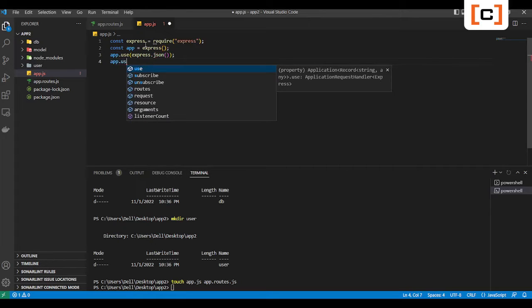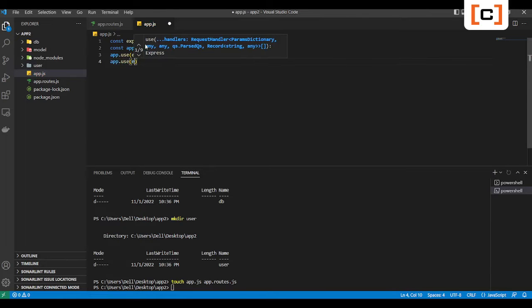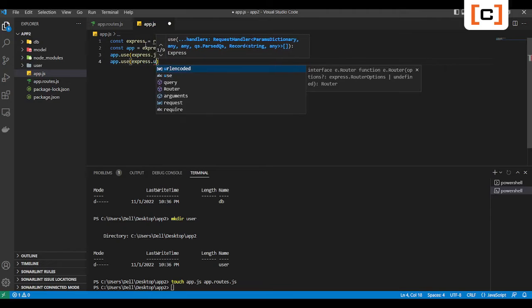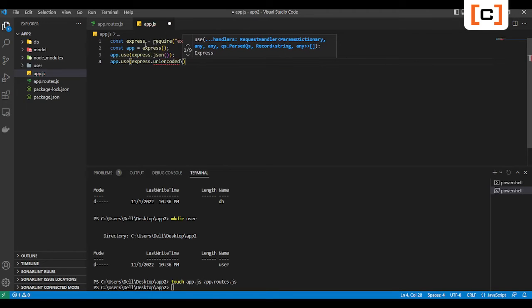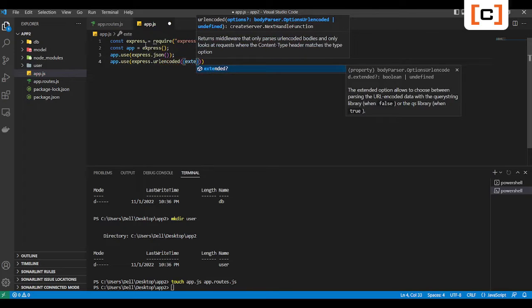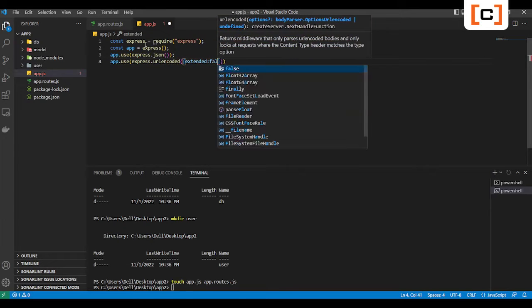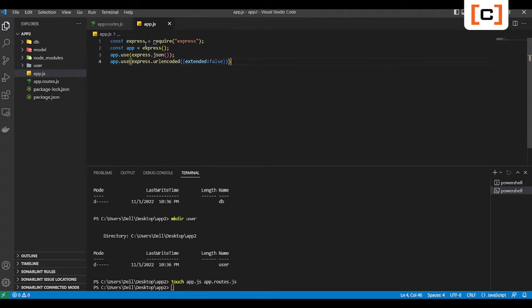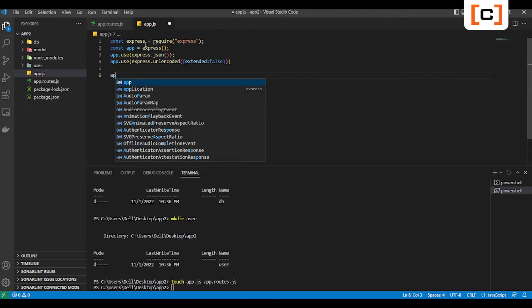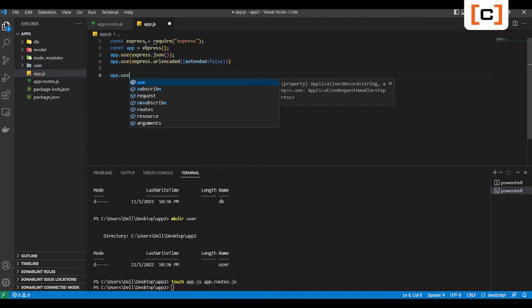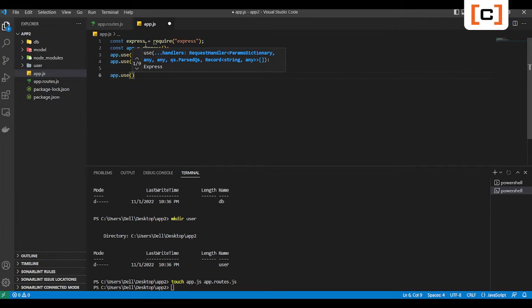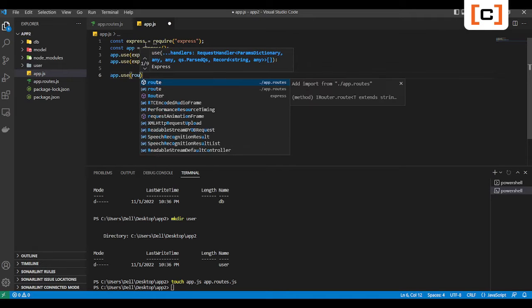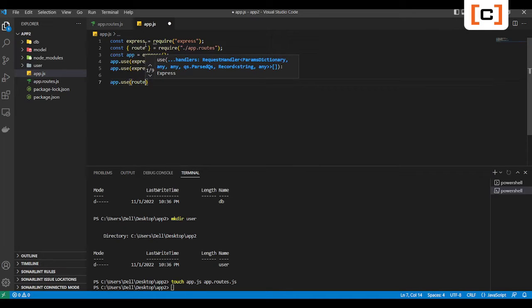And then use urlencoded extended option to false. To use the routes that I have mentioned in the app.routes,